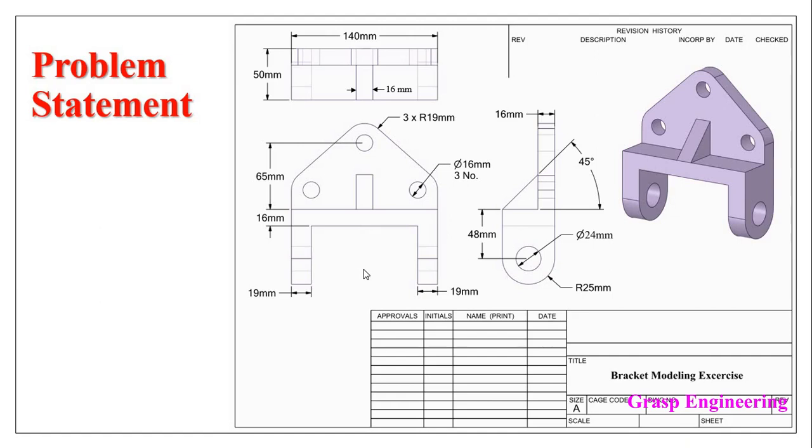First you need to look into each and every view, and accordingly plan what you need to model. We will start with this rectangle, which is 140 by 50 mm, and once this rectangle is drawn, we will model the bottom part. You can see the side view here. Once the bottom part is done, we will model the topmost part, that is the triangular bracket plate, along with these holes and this middle stiffener part. So let's go to our SpaceClaim and start the modeling.